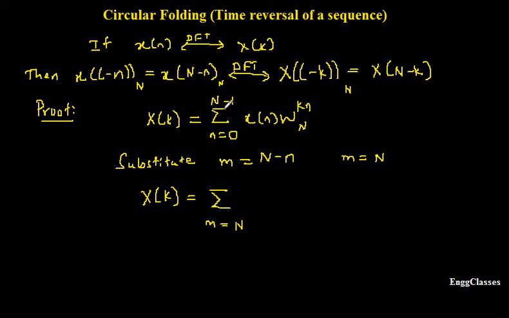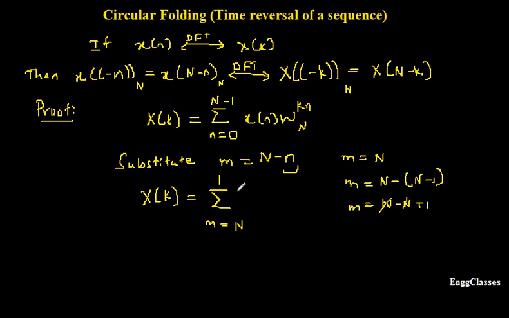What is going to be my upper limit? In the earlier case, small n was equal to N minus 1. Here, whatever the small n, this was equal to capital N minus m. So let me put that. M is equal to N minus, so here I'll put N minus 1. So N minus N plus 1, both would get cancelled, and I'm going to get m equal to plus 1. Is that okay? So this is how I get the upper limit.